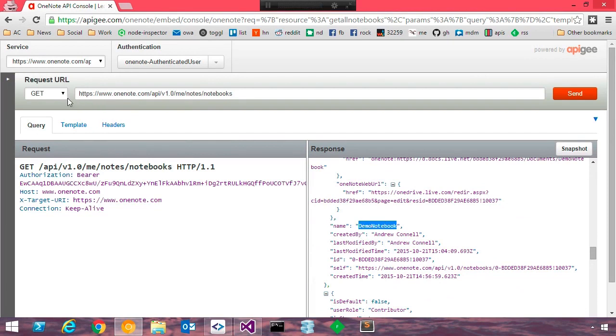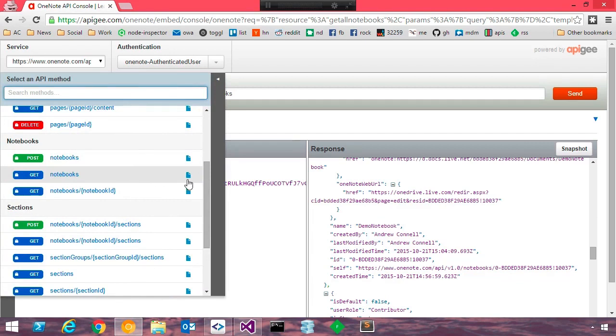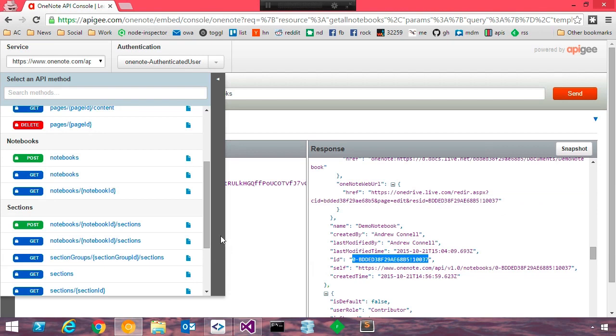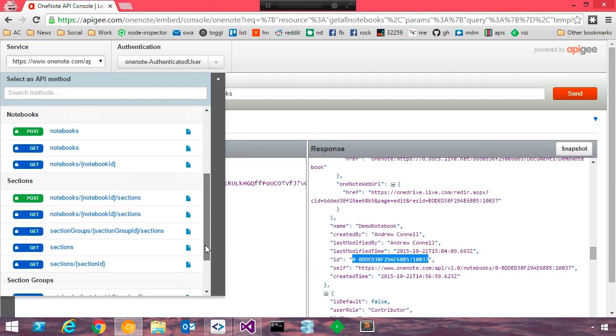I can look at all the pages within my notes, or my notebooks. I come over here and I'd say, let's look for, we have a notebook ID, so let's find our ID for our notebook. We'll grab this ID right here. We'll copy this out,